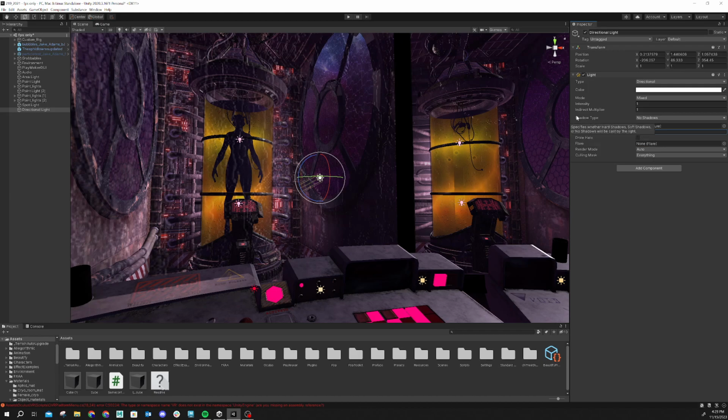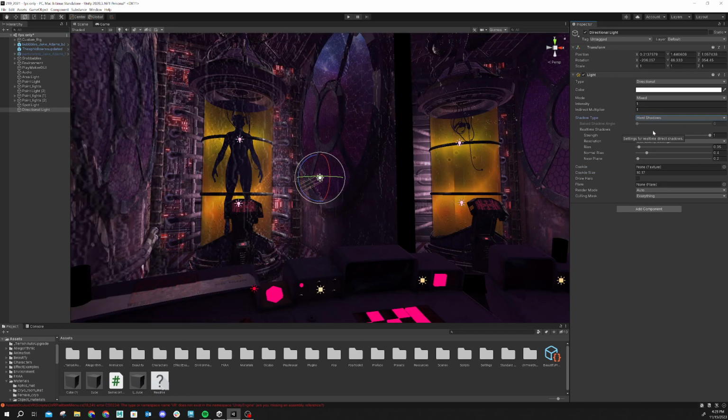So don't be afraid to use that. Right now, we don't have any shadows, which is actually the most optimized you can get. However, that's not really how the world works. So if we were to continue on with the directional light, I would definitely advise putting at the very least hard shadows in, just so you can get some semblance of